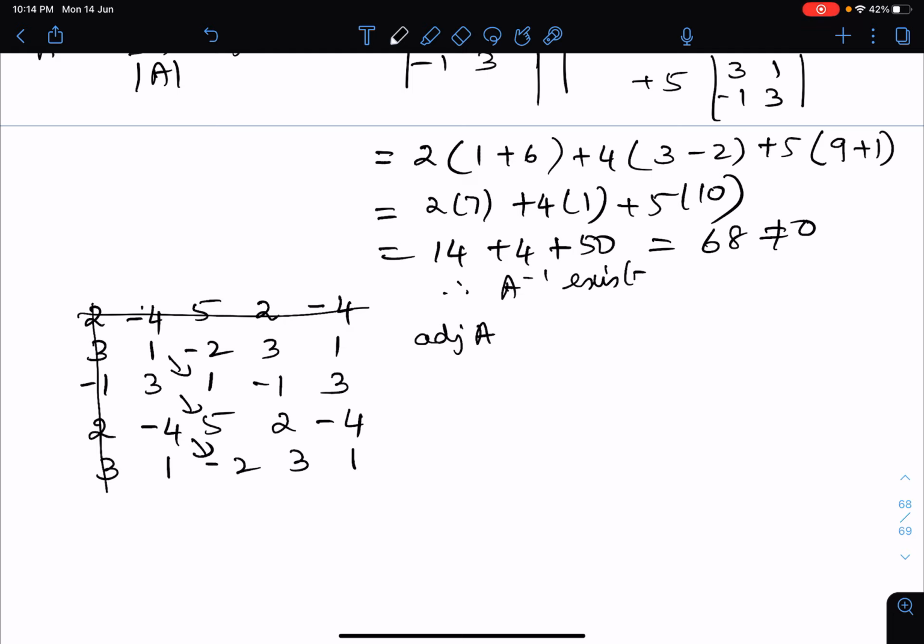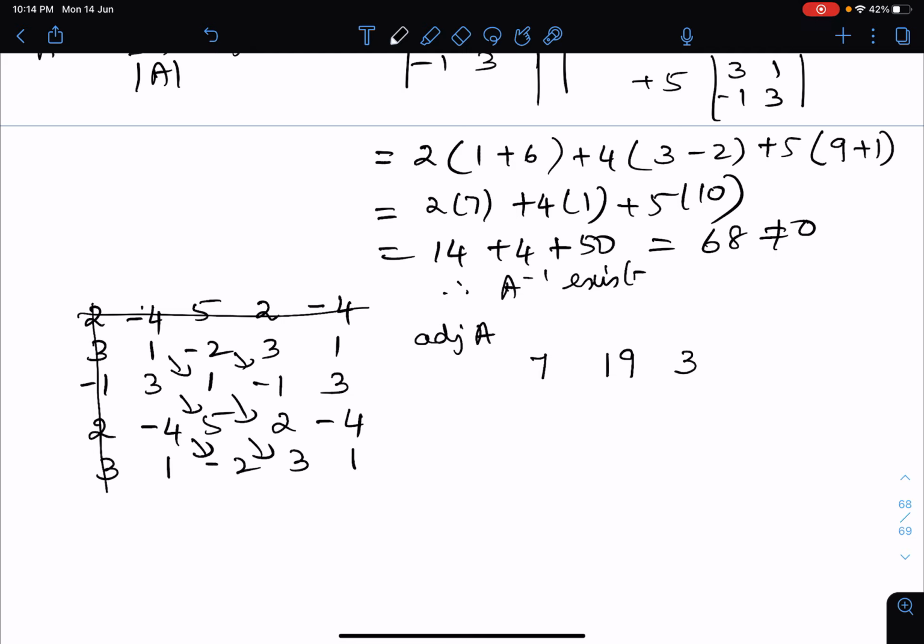First row: 1 plus 6 is going to be 7. Then 15 plus 4 is going to be 19. And the last one, 8 minus 5, is going to be 3. This is the first column; you multiply and write the answer in the first row. Now coming to our second column, multiply column wise and write it row wise.